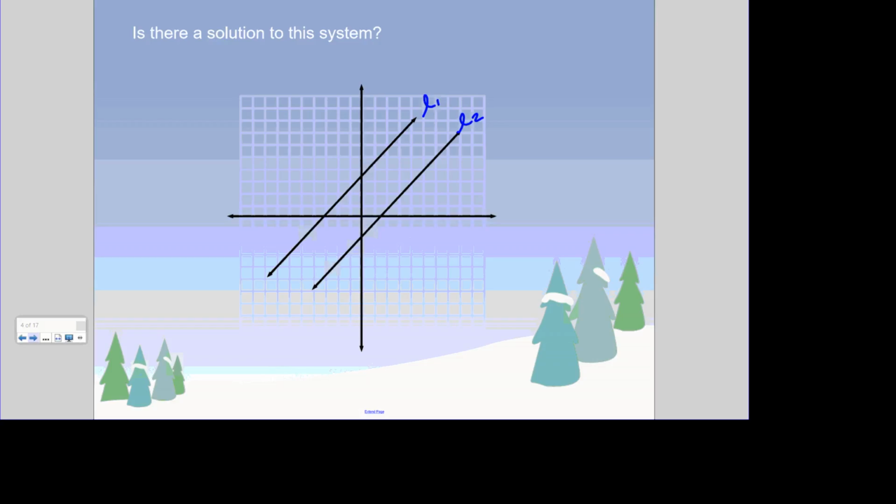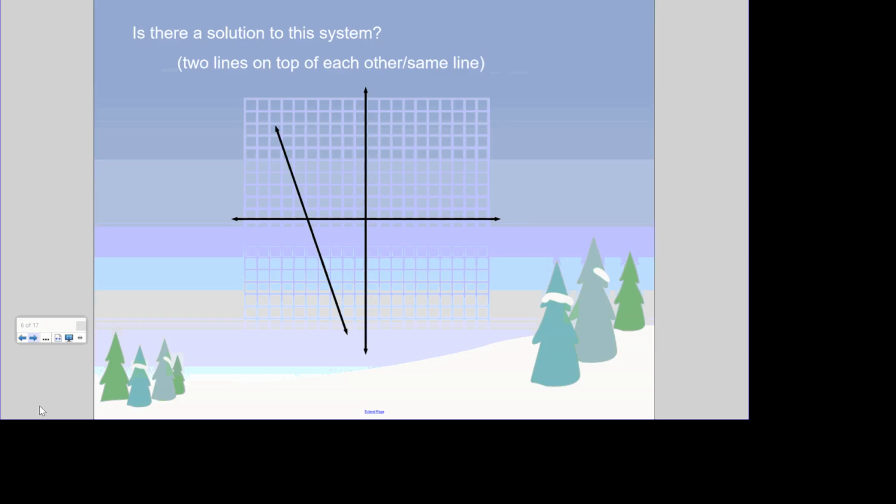And so what you're seeing are two parallel lines, and because they're parallel, we know by definition that that means they will never intersect. They have the same slopes, but they'll never intersect, different y-intercepts. So if the solution to a system is the point where your lines intersect, but these never intersect, then this is a case where we will find that our system has no solution. So there are times when you are solving a system where you won't actually be able to find a solution for that system, and that is when your lines are parallel. So if lines are parallel, there will be no solution because they never intersect, and solutions represent the point of